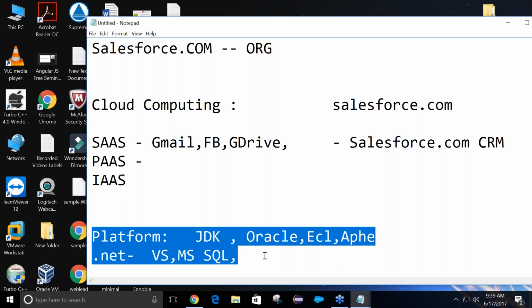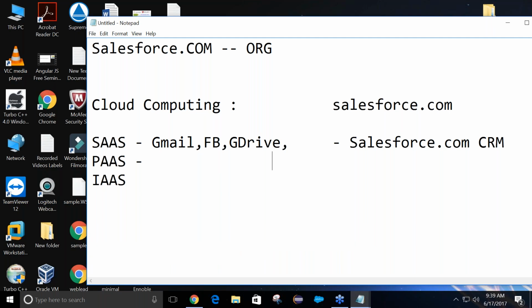In the same way, Salesforce also provides a rich platform. What is the platform name? Force.com is the platform name. So if somebody asks which platform you are working on, I say I am working on Force.com, which is provided by the Salesforce company. Salesforce is not our platform. Salesforce is a company name. Salesforce.com CRM is an existing application which is already